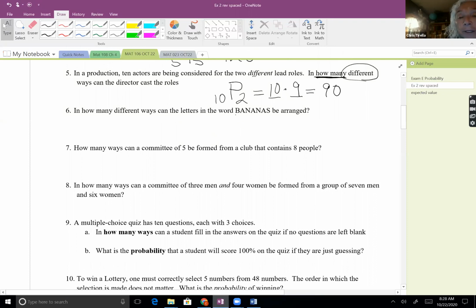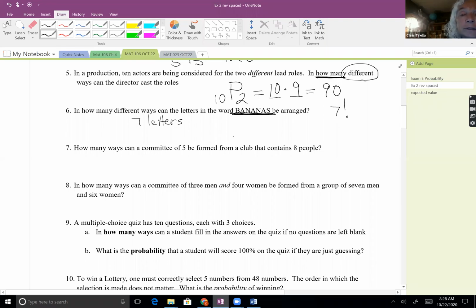I promise there's a question like this on the test where you're asked for the arrangements of the letters in a word where some letters repeat. Does everybody remember this word has 1, 2, 3, 4, 5, 6, 7 letters. Since it has 7 letters, if they were all different, it would be 7 factorial. But they're not all different.